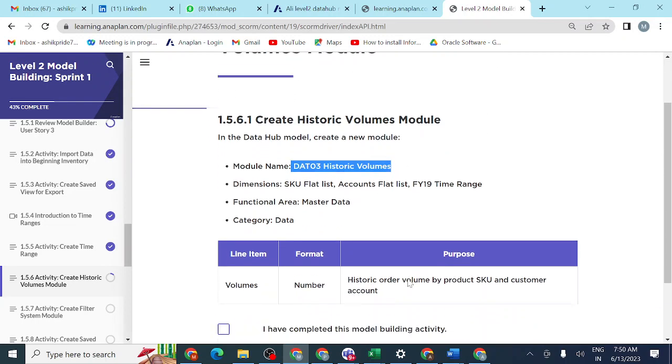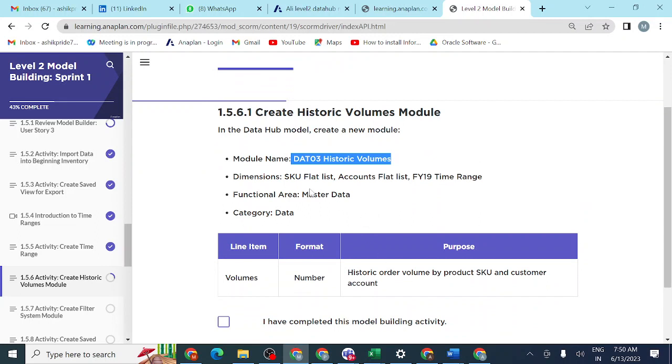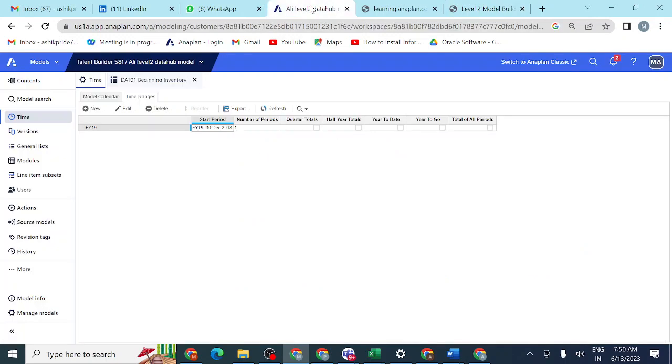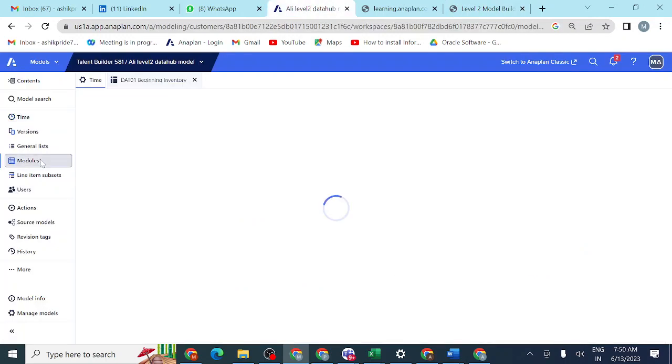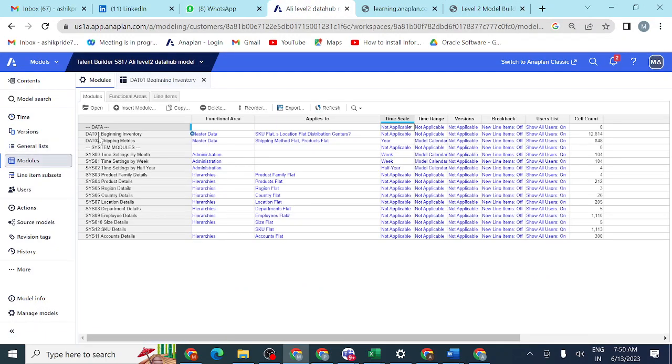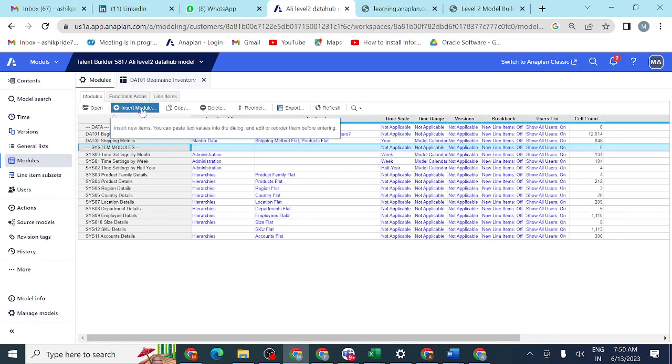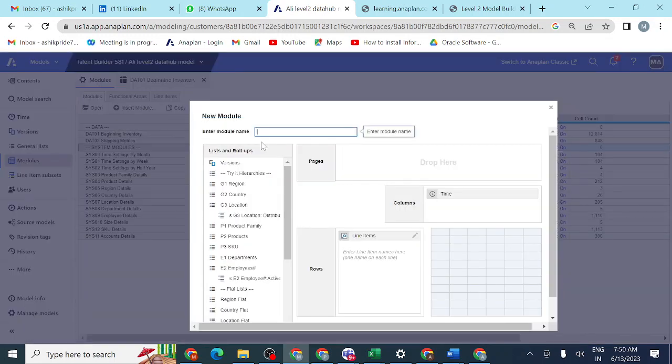First of all, you should click on modules. Insert module. Give the name data03 historic volumes.